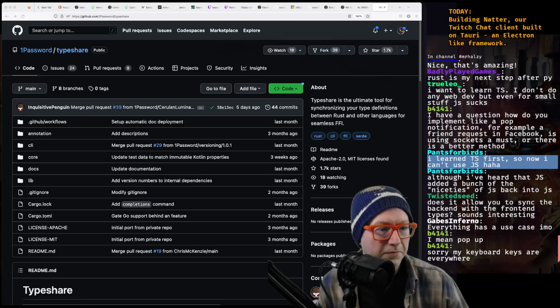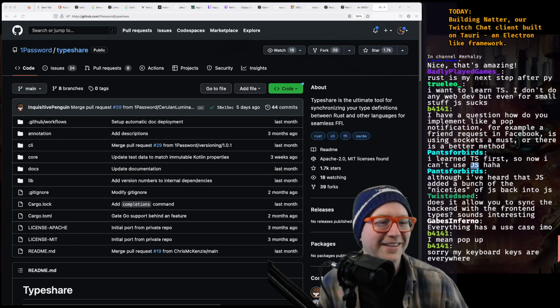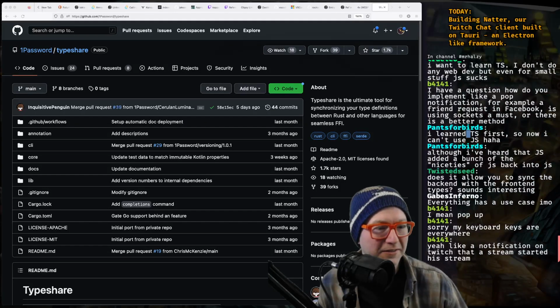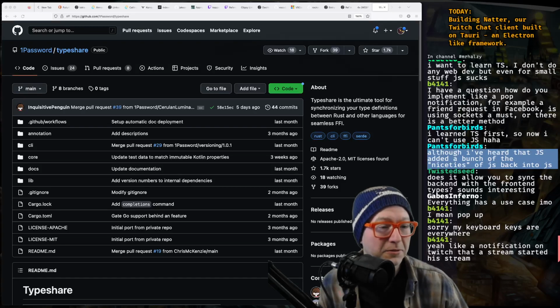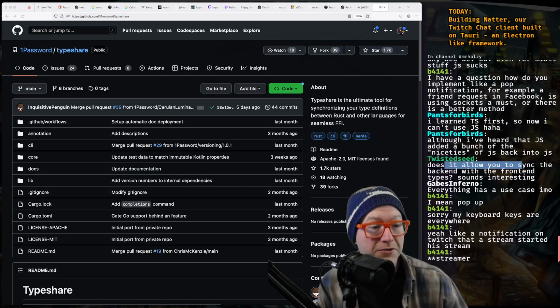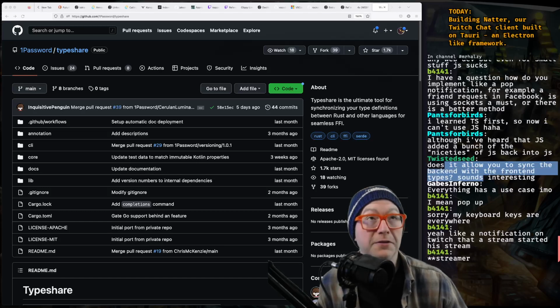You learn TypeScript first, so now you can't use JavaScript. That's great. You've heard that JS has added a bunch of niceties. Yeah, it really has. Yes, it allows you to create TypeScript types from Rust types.